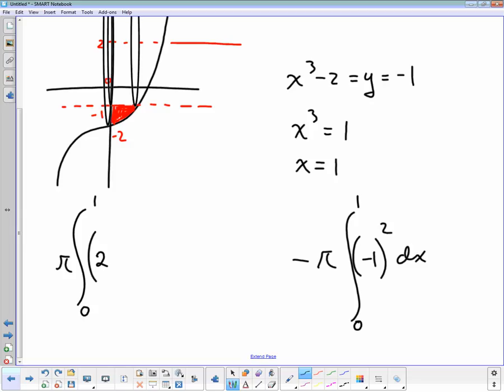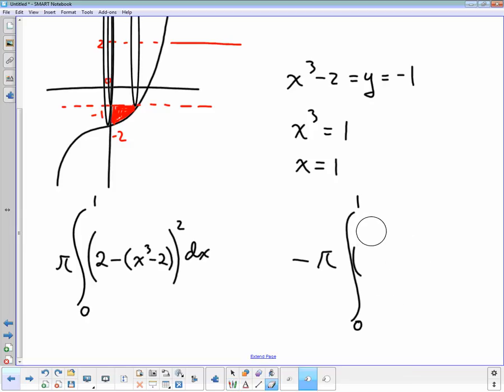So that's 2 minus x cubed minus 2. Oops. And the outer, which was 2, minus